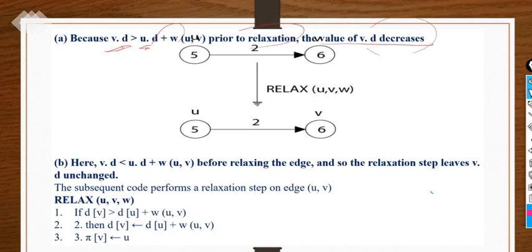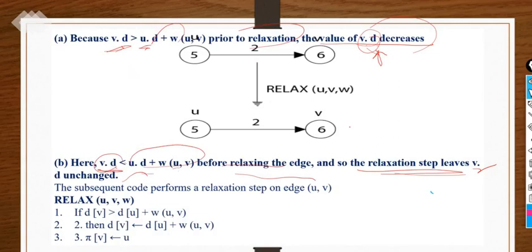Like v's estimated shortest path value will decrease. Of course it will decrease. If it is less, then what will happen? Before relaxing the edge, the relaxation step leaves v.d unchanged if it is less than this particular sum. If it is not less than, if it is greater than, then it will decrease the value